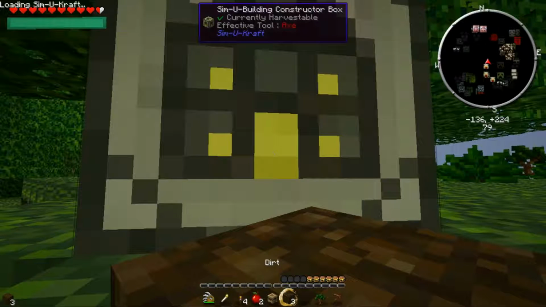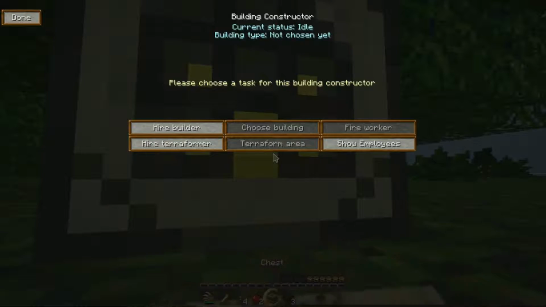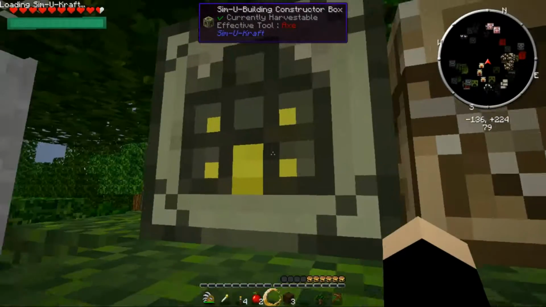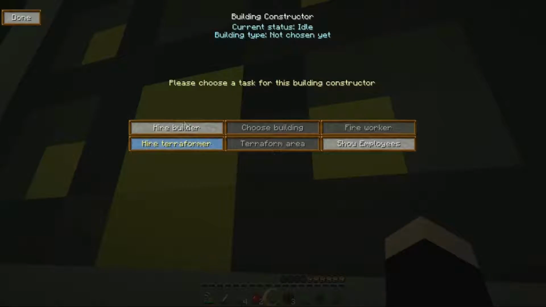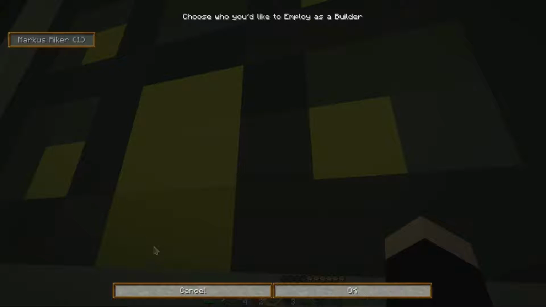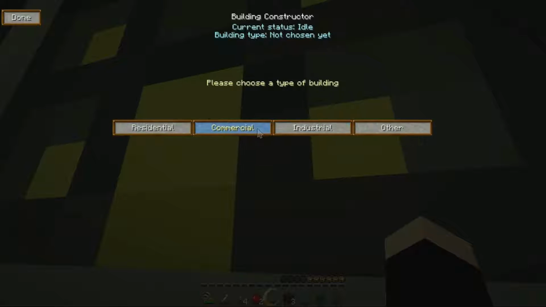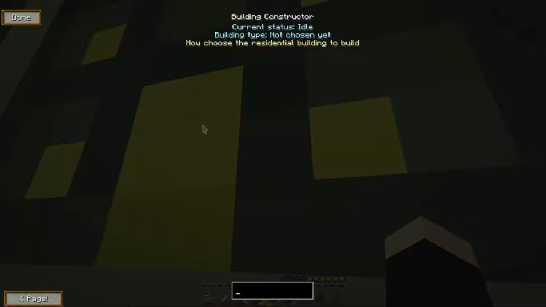Simini Craft building constructor activated. And then, the chest needs to go beside it. And then, I want to hire a builder. We've got Markus Riker. Alright, it's teleporting him here. In the meantime, let's do...